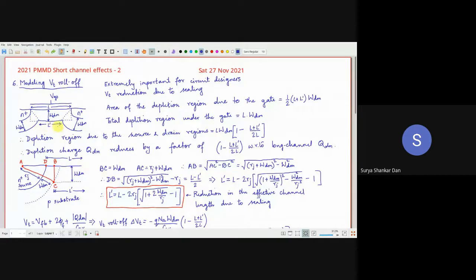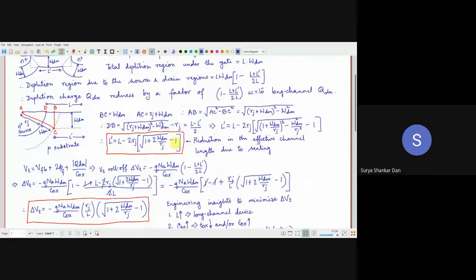This is the effective channel length. The metallurgical gate length is basically this L. So when you are putting it inside the mask, you will effectively get capital L as the pitch length or the gate length. But you cannot expect the effective channel length to be L. It will be much lower than L, that is L dash. Okay. So this is a very, very important thing to understand. Especially in short channel devices, we cannot ignore this L dash, because L itself is 7 nanometers. So L dash will be around 5 nanometer. So reduction in the effective channel length due to scaling.